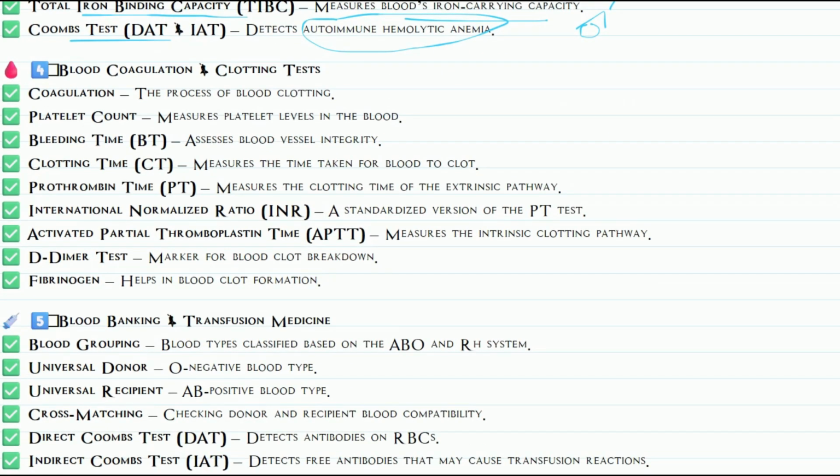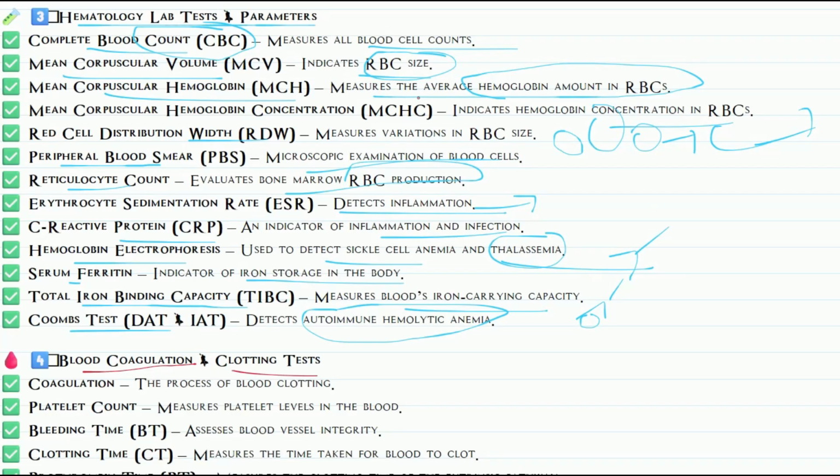Now we go to another part, blood coagulation and clotting. I know lots of things are missing in this, and they also come to my mind, like CRP, RA factor. There are so many things, but